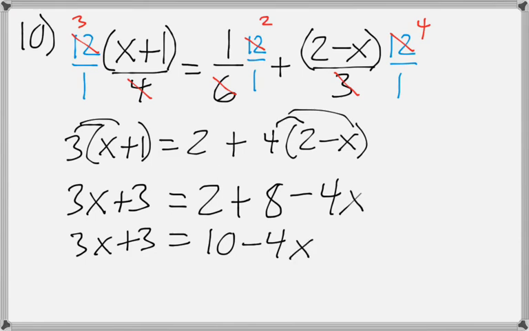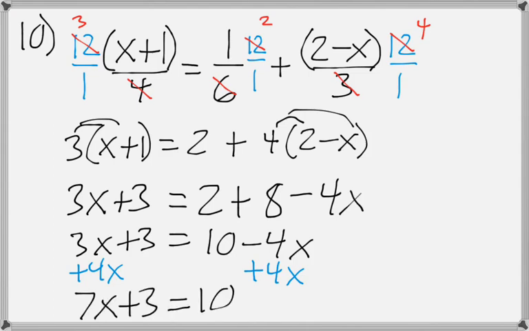So once you combine like terms on each side individually, then we can start going across the equal sign. So I do want to add 4x to both sides, and that will give me 7x plus 3 is equal to 10,